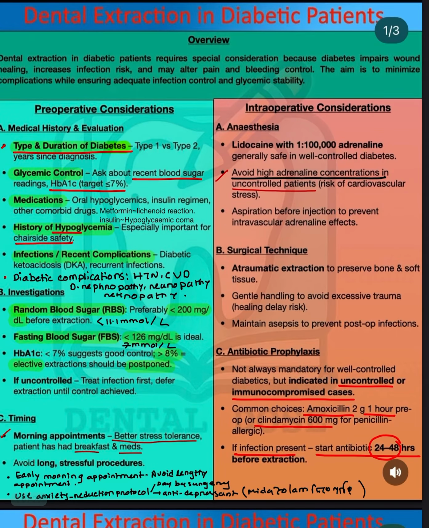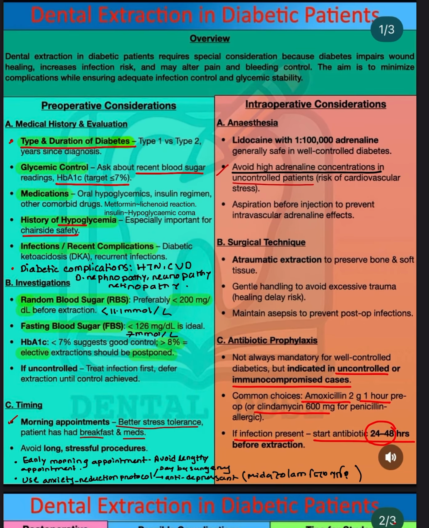Diabetes mellitus and extraction. Mainly, why it is important to study or give importance to diabetes when we are doing a minor surgical procedure, because there are some complications associated with diabetic patients. So firstly, today we will know about diabetes, then how to confirm a patient has diabetes, then their oral manifestation, and lastly how we will manage if a patient comes with